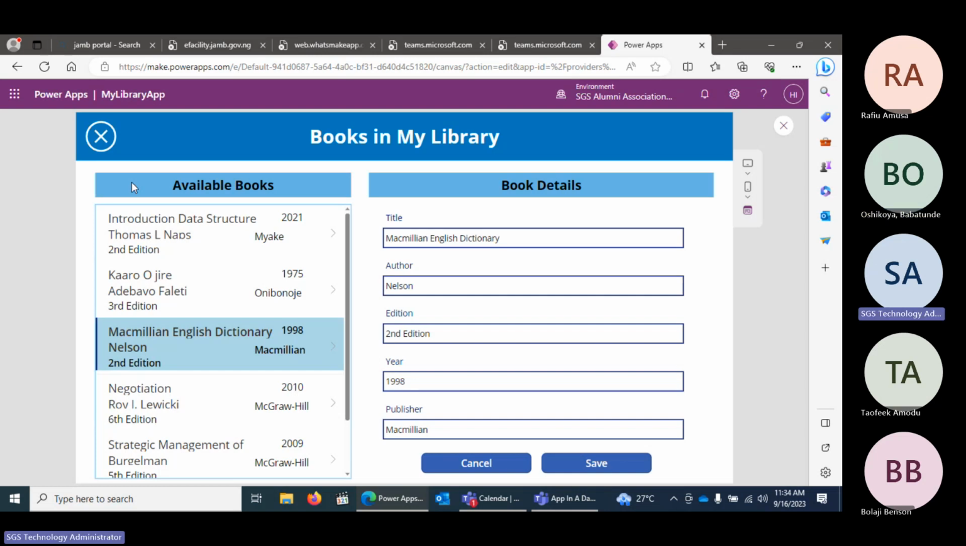So let me paint the scenario we want to program before we go ahead with the programming. What we want to do is that this is my library. And my friends, my family, anybody can decide to come and borrow any of my books. And I want to make sure I'm keeping track of where my book is located, who is keeping my book,